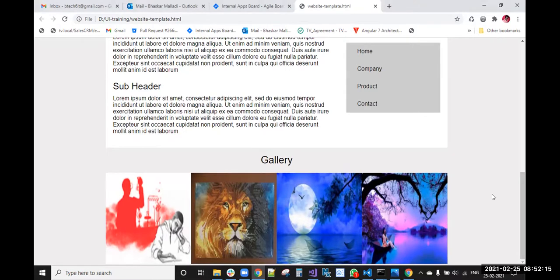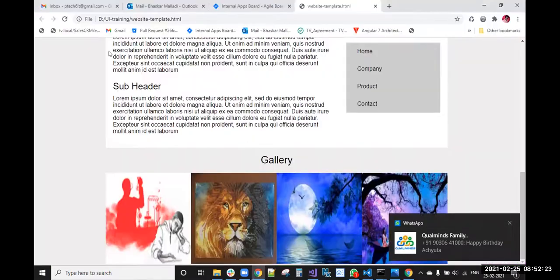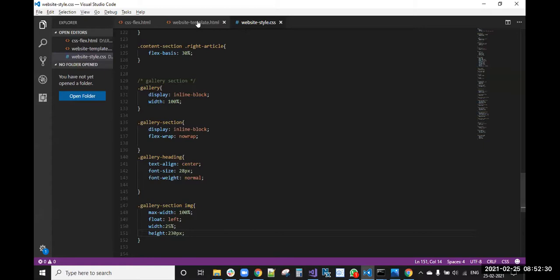If you want, we can adjust the height like this. You can give 230 pixels. Then it will be looking good. Then we'll go to the footer now.